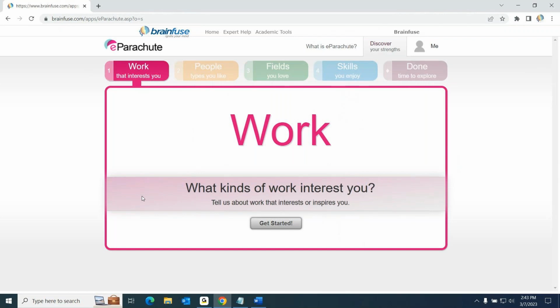So to do that, they ask the user a series of questions: the types of work that interests them, the people they see themselves working with or as, fingers crossed that's an executive role, of course, the fields they're working in, whether that's public service, STEM, the arts, education, whatever it might be. From there, when the student completes these different questions, which are often posed in different formats, from prioritizing multiple choice questions to short answer responses, once completed, the student will be given a profile by eParachute that not only pairs